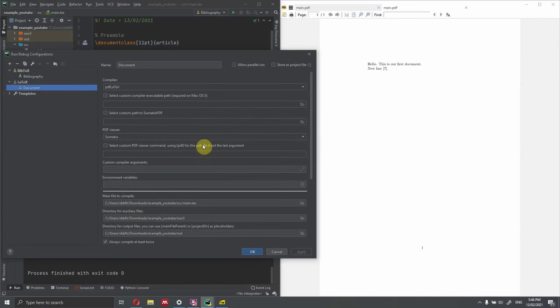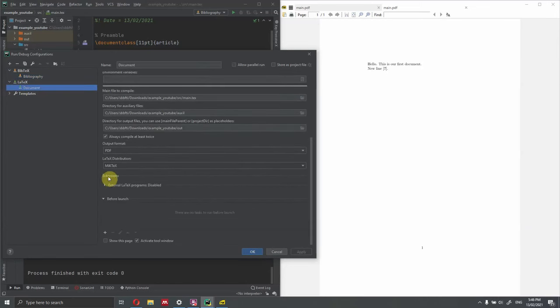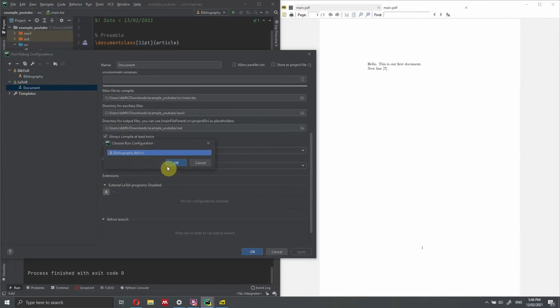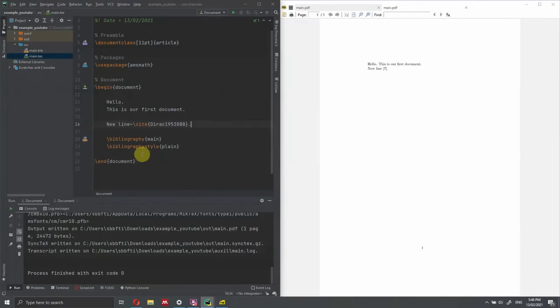Let's go back into the document. We go back here and Extensions. Here, you click and you add with the plus and you select the bibliography. So what is happening right now? What we are doing is compiling the document, then compiling the bibliography, sorry, and then compiling the document again so that the citation will exactly appear in our document, okay? So let's do Shift F10,